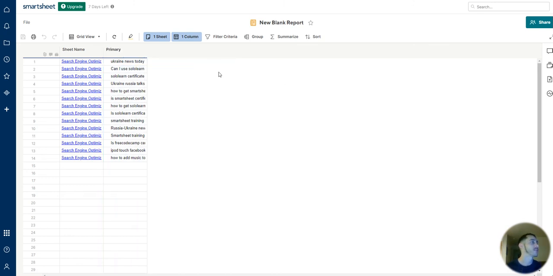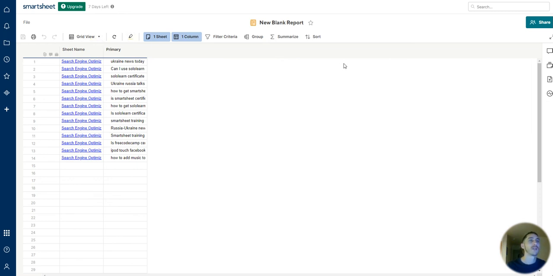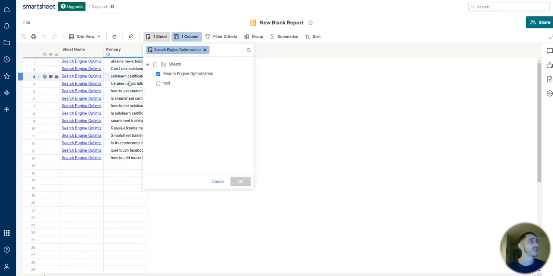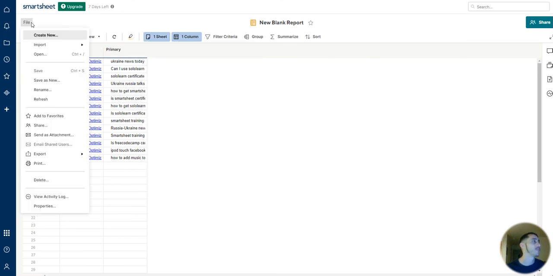Yeah, like how do you insert a new column? Columns, word count. Man, I have a hard time with Smartsheet. I couldn't get it. I feel like it's really tough. So I don't think this is the type of database that you would want to use. It's just not easy at all. I mean, how do you create a new column? You know,